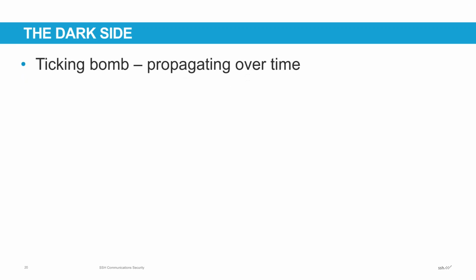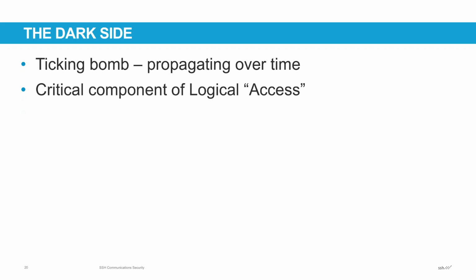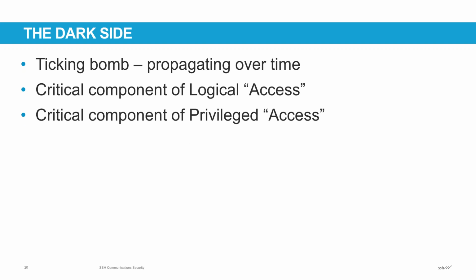All right, I referred earlier to the dark side, and this is why we call SSH keys the dark side. It's a ticking bomb. I mentioned it was invented in the mid-90s, and has been propagating into all production environments of all types since then. So it's everywhere. It's a critical component of any of the key controls you can think of. It's a critical component of your logical access controls, especially the ones having to do with adding, changing, or removing users. It's a critical component of your privileged access control because it's privileged in nature, it's root level, you have elevated access, but it doesn't follow any of the privileged access controls that are required to have an effective such control.